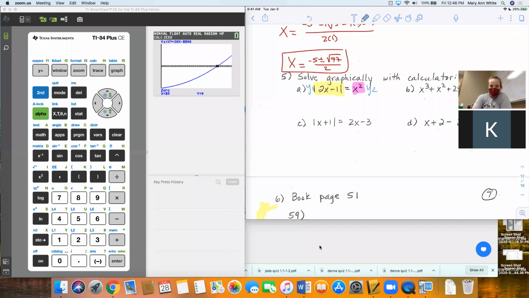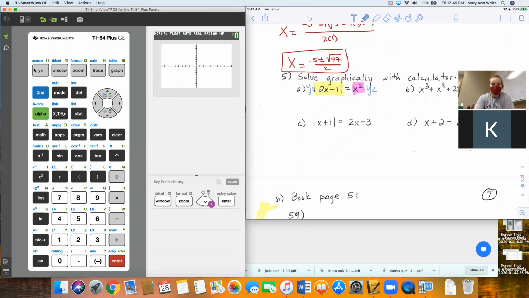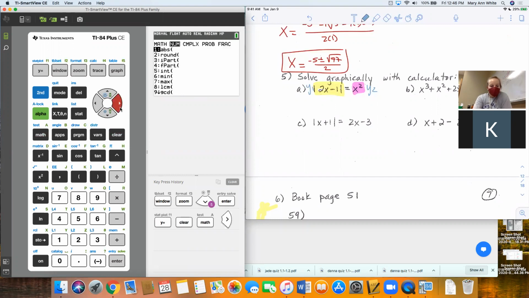All right, so as I'm getting my board ready, you're typing in some of those equations, seeing if you can get them typed. I think we all can see this now. I'm gonna make sure my window is right. You also remember you can go to Zoom 6 or Z standard to get to your normal window. I was doing one of the word problems that we're not gonna get to today earlier, so that's why mine's all messed up. Go to math, go to NUM,